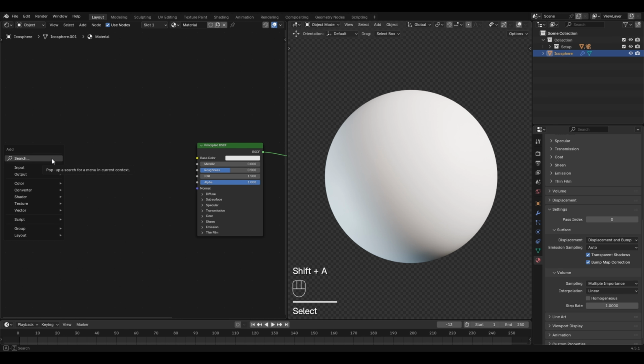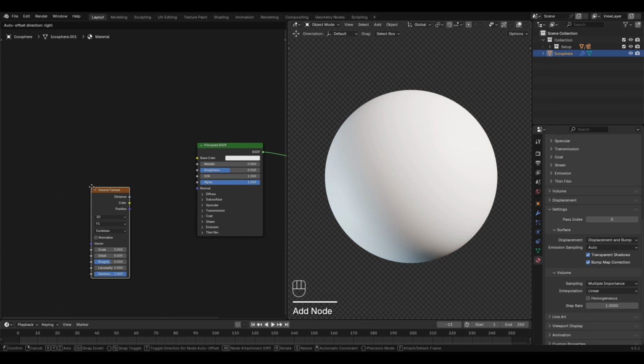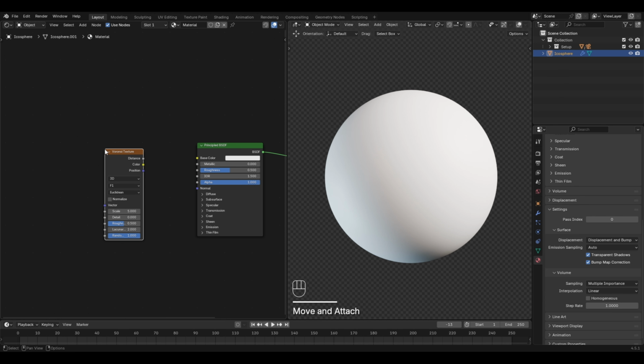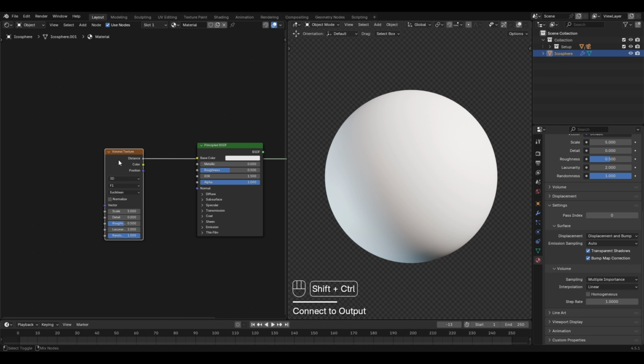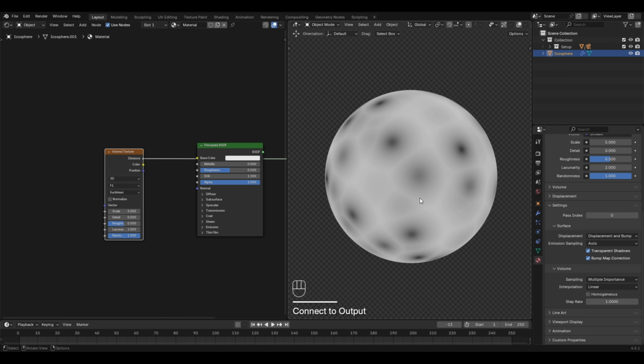Press Shift-A and add a Voronoi texture node. To preview its output directly, hold Shift-Control and left-click on the Voronoi texture node. This will automatically connect it to the material output, allowing you to see the result instantly in the rendered viewport. Next, change the Voronoi texture from 3D to 4D. Using 4D adds an extra dimension to the texture calculations, which helps create more natural and less repetitive patterns compared